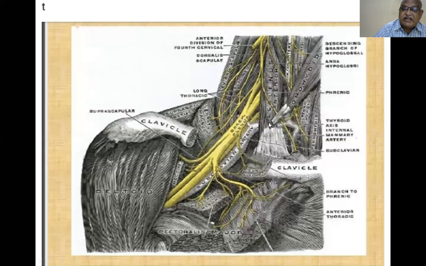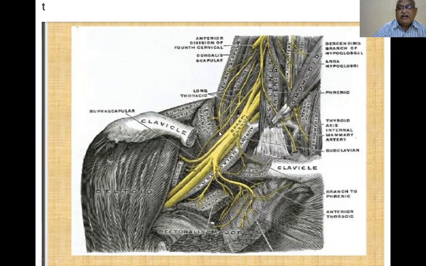So, the scalenus anterior here, this is the scalenus anterior. Now, this is the scalenus medius. So, it rests over the scalenus medius and goes behind the clavicle and enters into the axilla. You see this diagram, how the brachial plexus arising from the roots of the neck enters into the axilla. So, this is the supraclavicular part, this is the retroclavicular part, this is the intraclavicular part.